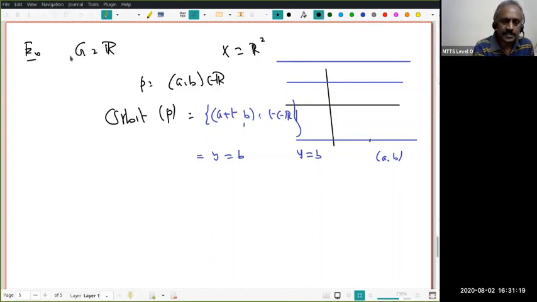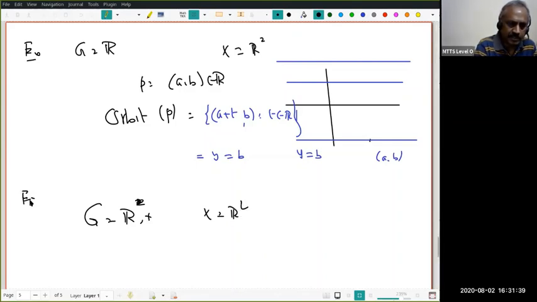Now, this is a nice place to explain one more thing. When a group G acts on a set, it need not be in one way. It may act in some different way. The same player may act in different ways another day. For example, let us take G equal to R under addition and X equal to R2. This is a second action, but this action is different. So let me call it example 3.